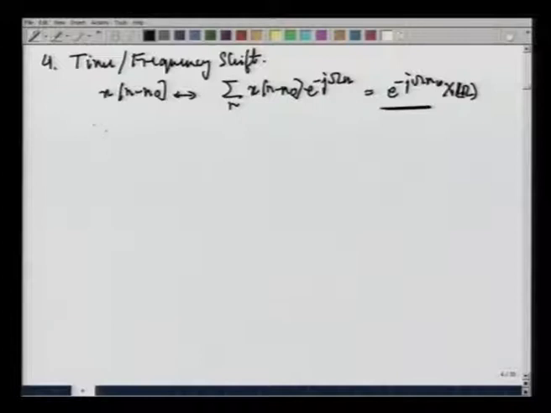Frequency shift would be where we had X of omega minus omega naught. What would X of omega minus omega naught do to us? It turns out that this transforms to e to the j omega naught n x of n. All these are very, very easy to prove. So, there is no need to spend time on this in the middle of the course. Next,